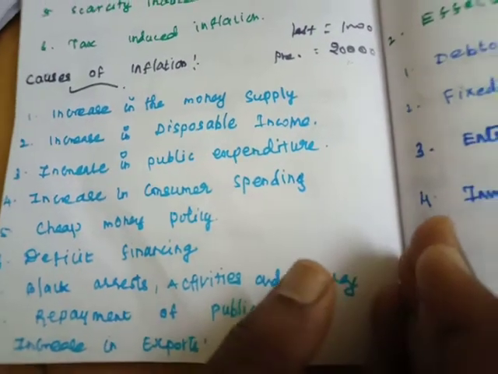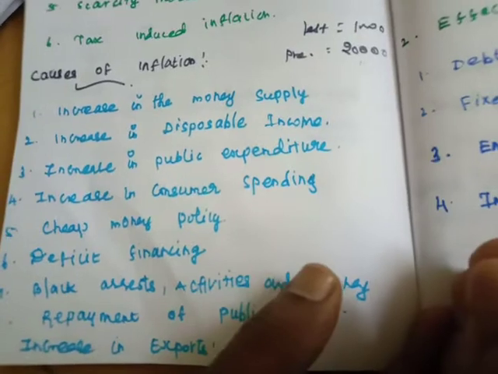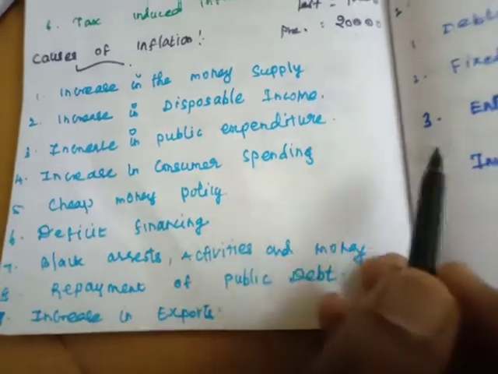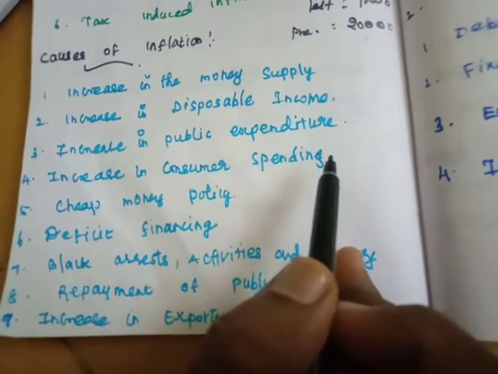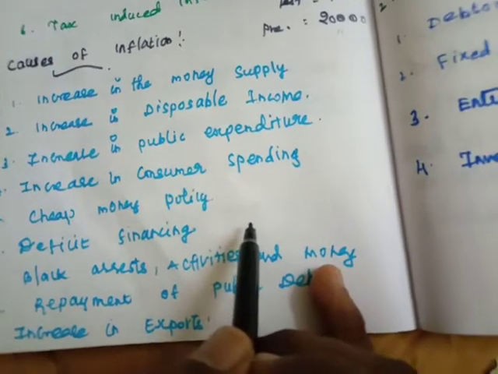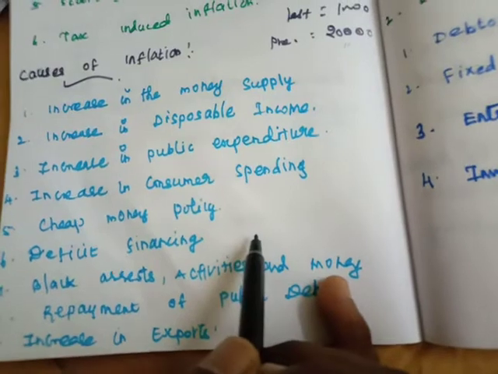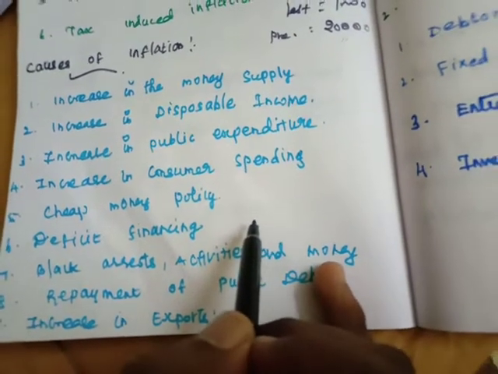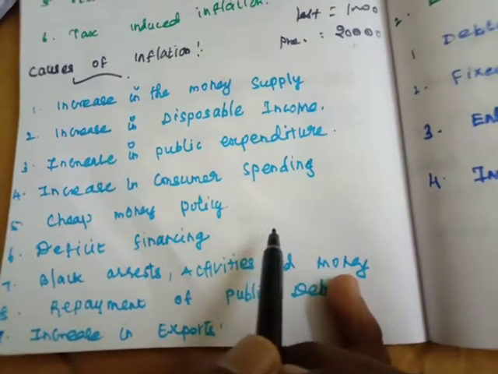With the help of employment opportunity, people will get more income. The more income will lead to the purchase of goods and services. And the fourth one is increase in consumer spending. The demand for goods and services increases when they are given credit to buy goods on hire purchase